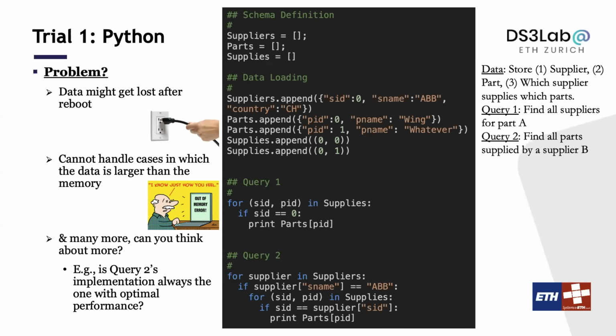Well, it fixes some of the problems. Because now data is on disk, to some extent, even if you lose power, some of the data will be there. But there are still problems. For example, here you assume that you know how data are stored in your files. For example, you are assuming, whenever I store a part,